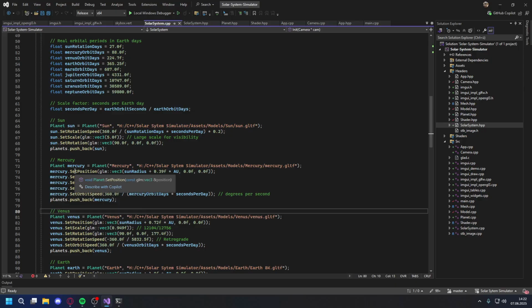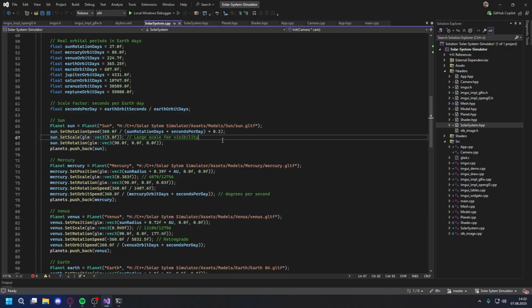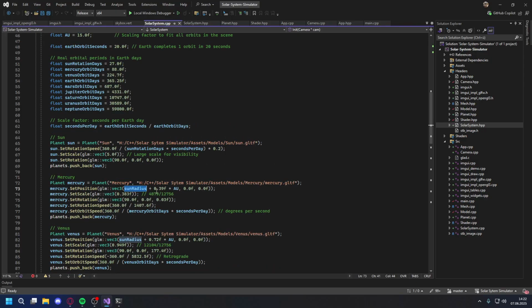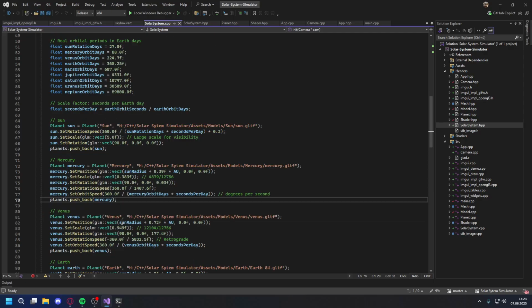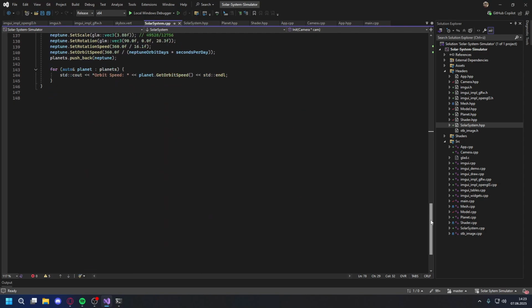For the other planets, we wanted to set a position too. The sun is in the center, so it doesn't need a position. This is just the sun radius plus some stuff that ChatGPT gave me. And the scale again, the rotation, and by the way, this has 0.03 because it's really slightly tilted. And the rotation speed and the orbit speed, which is also important. So we just add all of this,